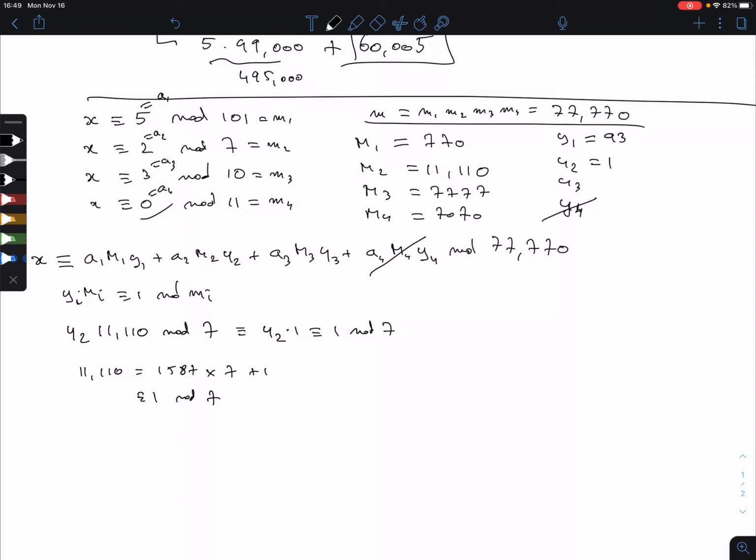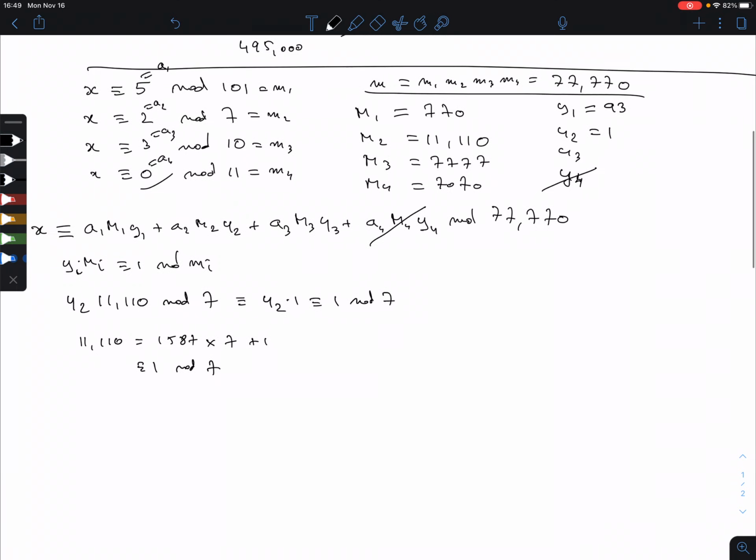That was quick. Now y3, and that's going to be the same because it's also a rather small modulus, right? So y3, let me do it here. We have y3 times capital M3. Let me write down what capital M3 is. Capital M3 is